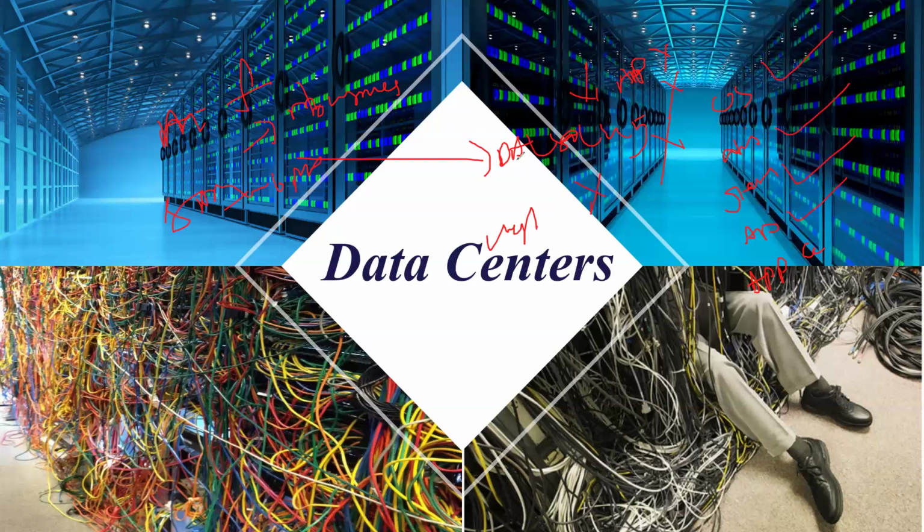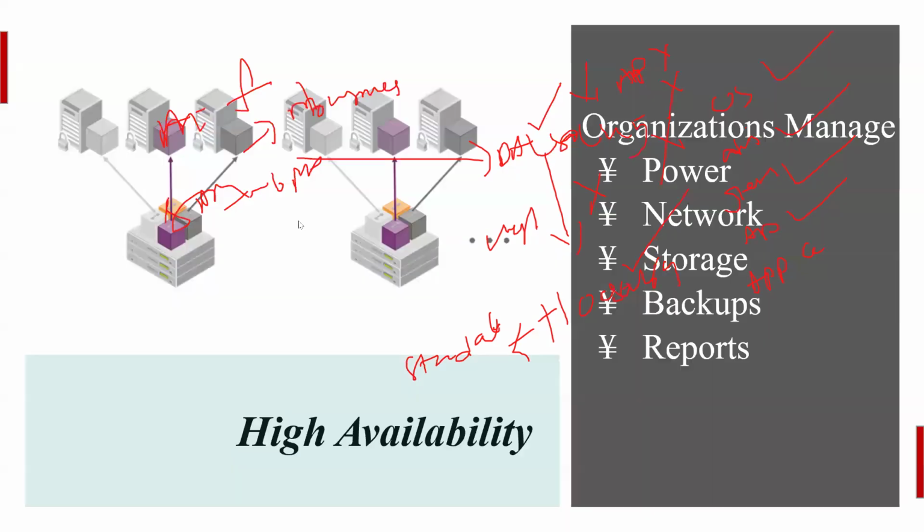So to handle this, I am going to make one more copy. I'm going to build one more server, a replica. It looks like this server, and I will keep it standalone. Standalone means it is doing nothing, it is just being maintained. If something happens to this one, I can bring everything back here as quickly as possible. That concept, technically, we call high availability. If this server goes down, I can bring this one online.